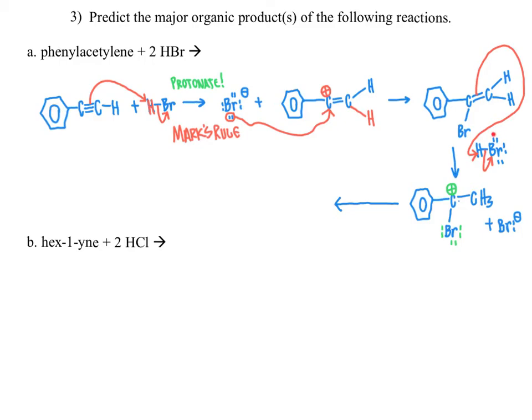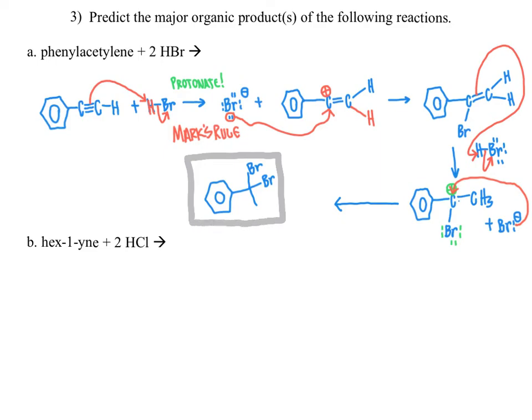Out of this step of protonation, we also generated bromide anion, which is a terrific nucleophile. This nucleophile is going to attack the carbocation like so and lead us to our final organic product here. So we've got our aromatic ring, and we're directly connected to a carbon atom that has two bromines bonded to it now, and then our CH3 group. And I'm not going to write out CH3 explicitly, but keep in mind that end of the line there represents our CH3 group. So our final major organic product of this reaction, boxed in here in gray, is going to